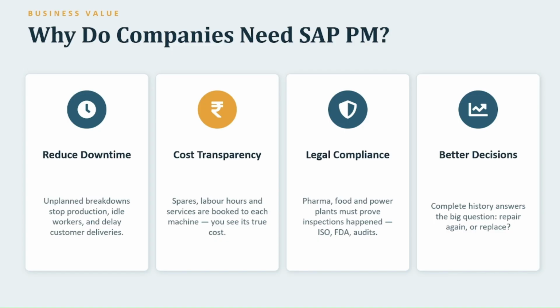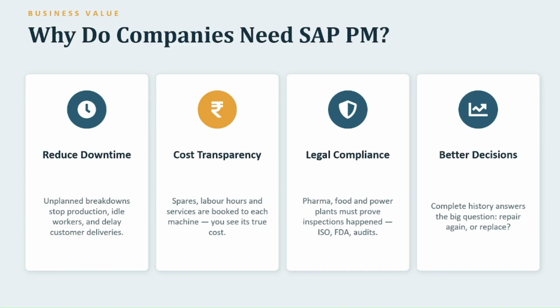So now on the technical level, why do companies need SAP PM? There are four reasons. First is to reduce the downtime of machines. If a machine is in downtime or breakdown, it is not in working condition. At that time, it will delay production,